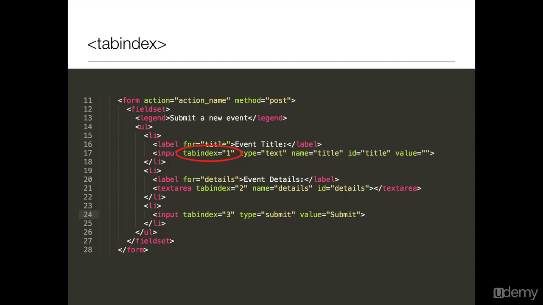So what this is going to enable a user to do now is to navigate through the form simply by pressing tabs to go from one input field to another input field, and then finally to the submit button without